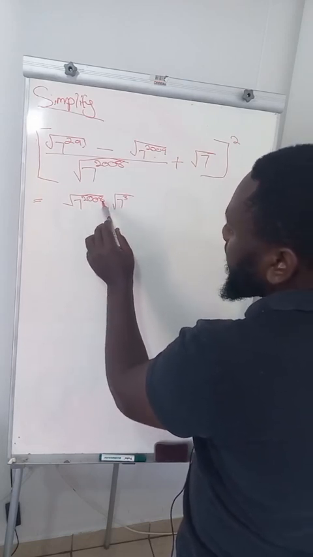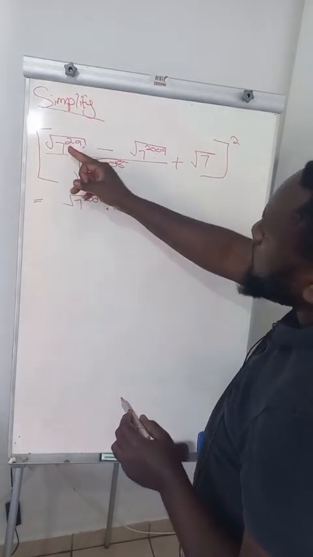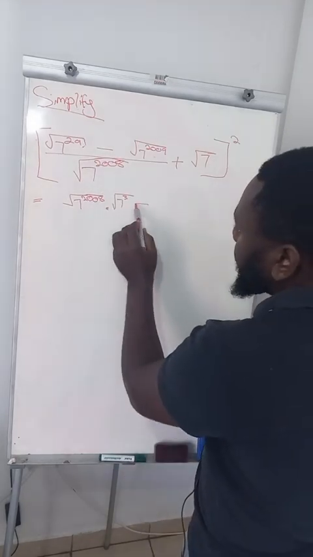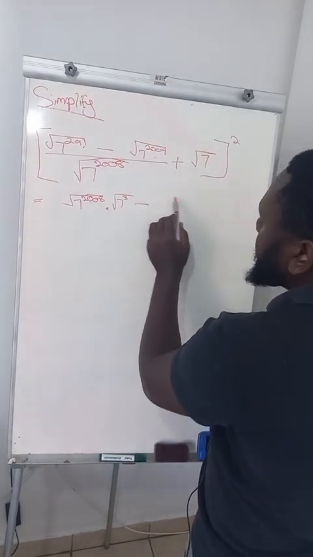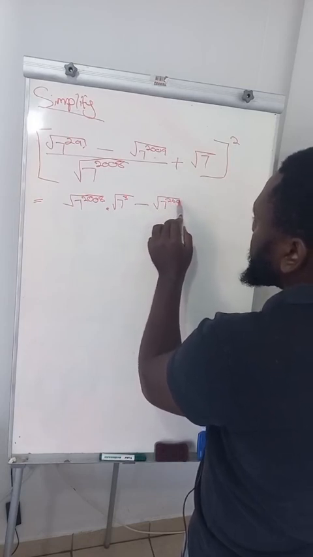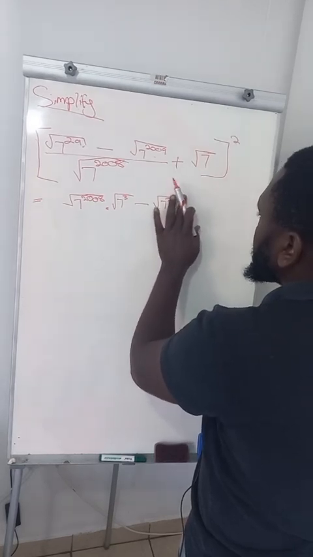So 8 plus 3 gives me 2011. And then minus the square root of 7 to the power of 2008,